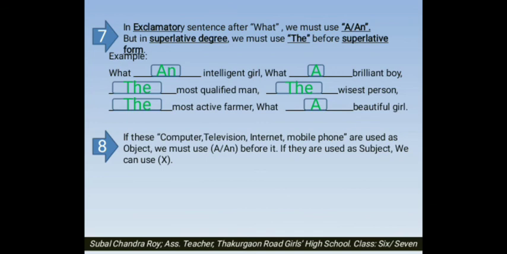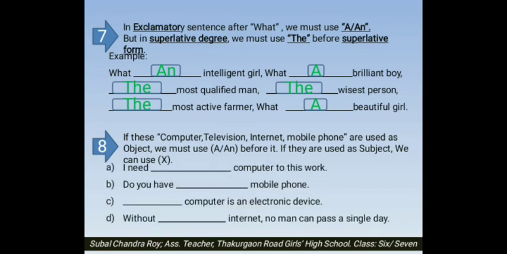If computer, television, internet, mobile phone are used as object, we must use a or an before it. But if we find them as a subject, we can use the there. Okay, dear student, let's go to the example, please. I need dash computer.